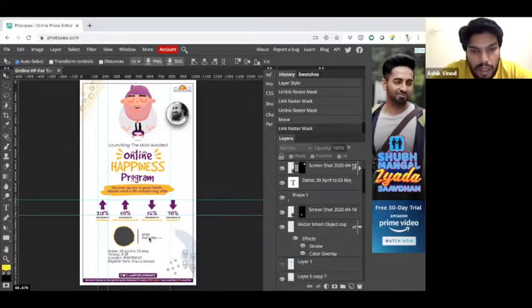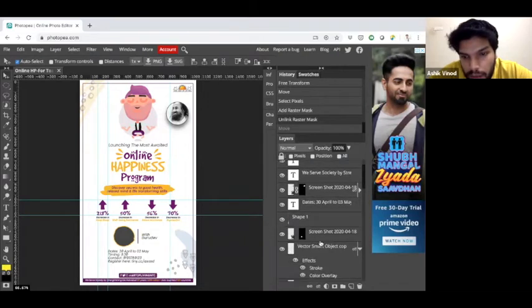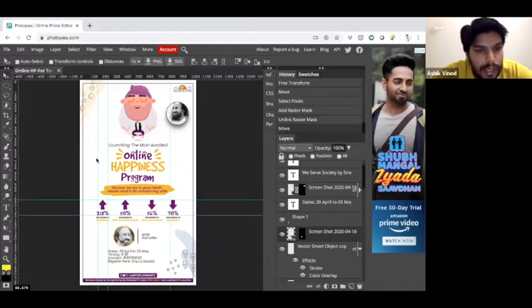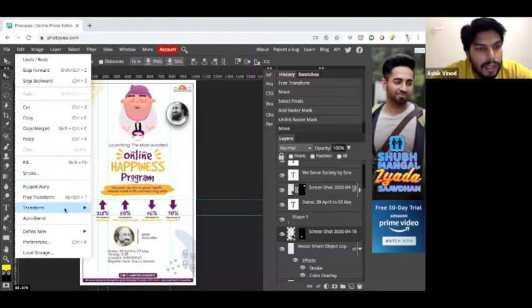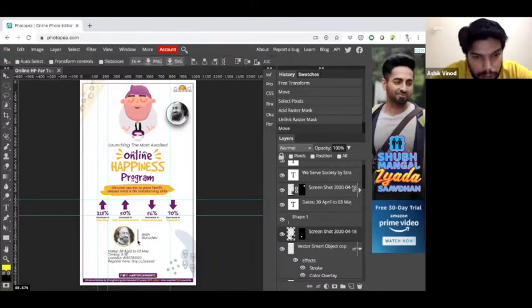So again, to bring it inside the circle, unlink this and bring the image in. Excuse me, unlink that and then bring the image. Sorry, I think I have to untick this auto select and then bring Gurudev's image inside this. You can see this image is a little bigger than the circle actually. So you can Edit, Transform, Scale. You can place it inside. All right, so you can do this with any teacher's photo. Now we have to link this again before we move on.